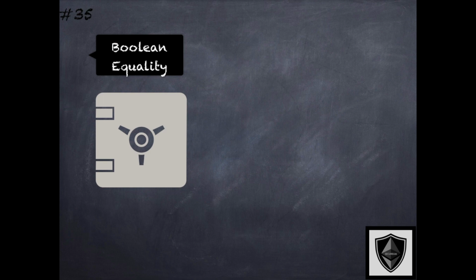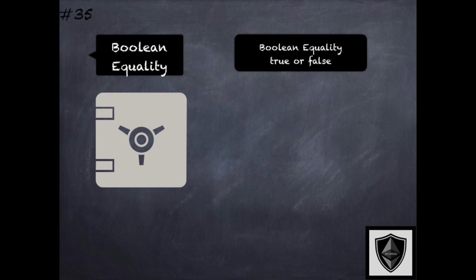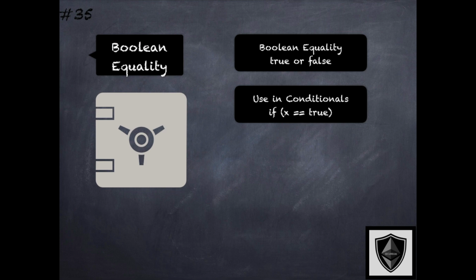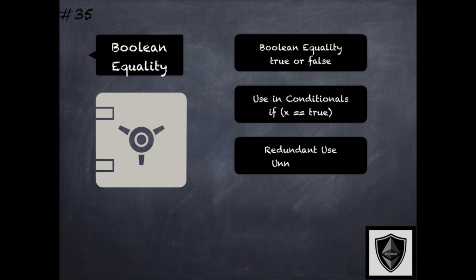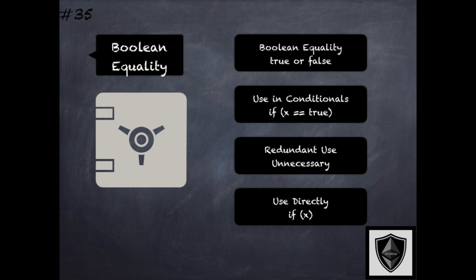An aspect related to Boolean constants is that of Boolean equality. This is where the Boolean constants true or false are used within conditionals for an equality check. As shown here, the x variable is checked against the true constant. Now this usage is redundant because the variable x can be used directly within the conditional's predicate without actually comparing it to true. Both of them are equivalent, so the use of the Boolean constant true within the predicate